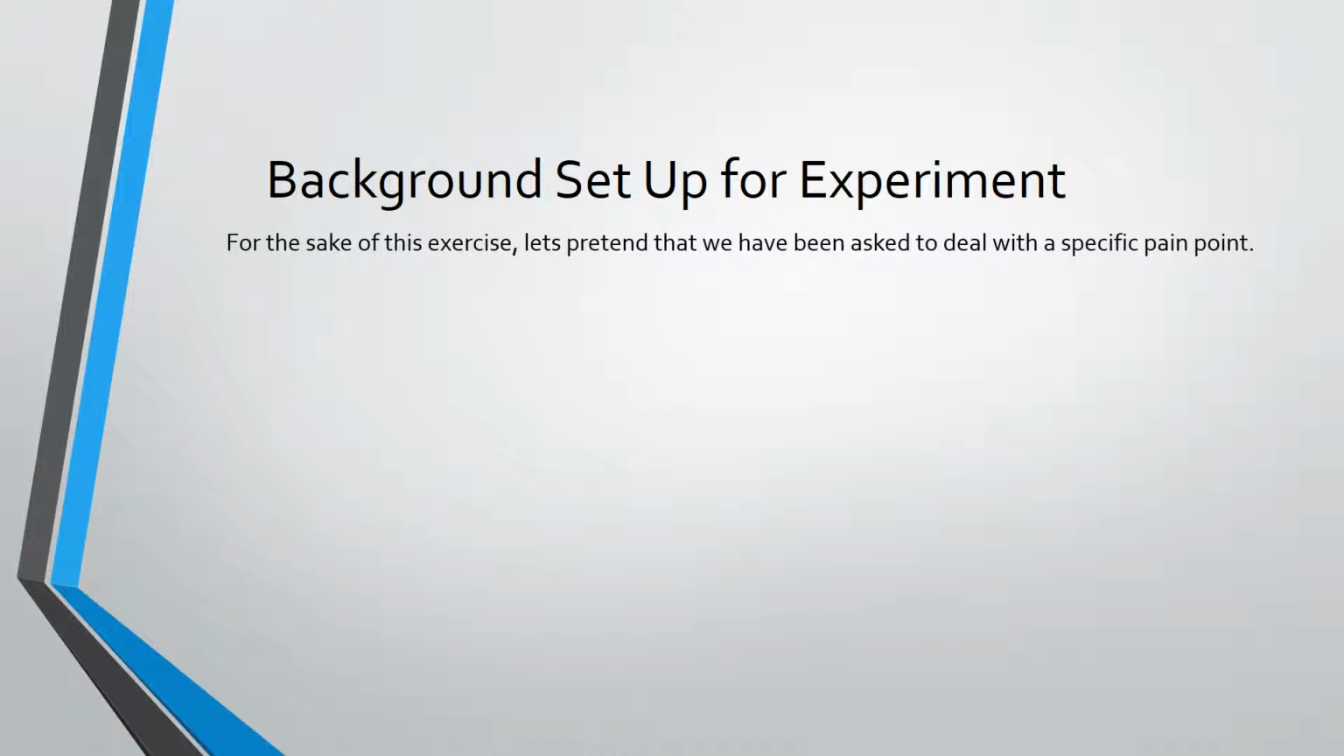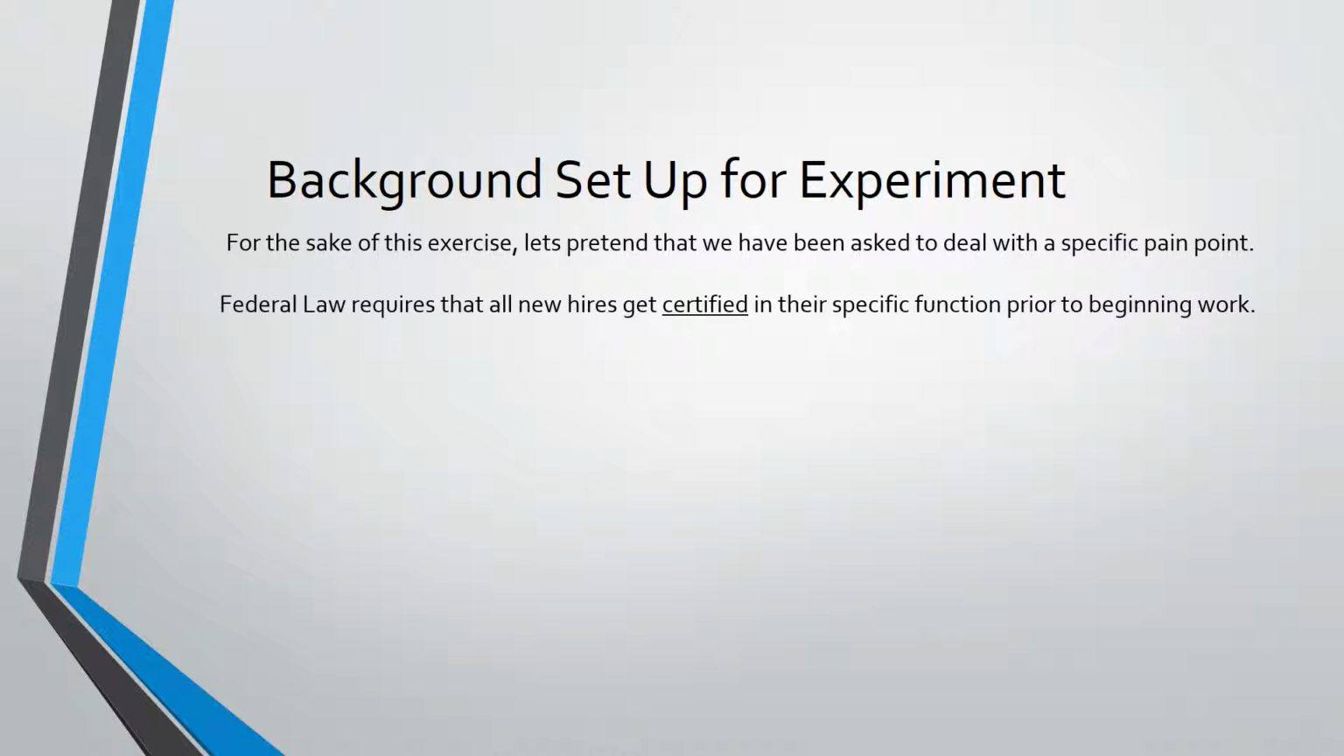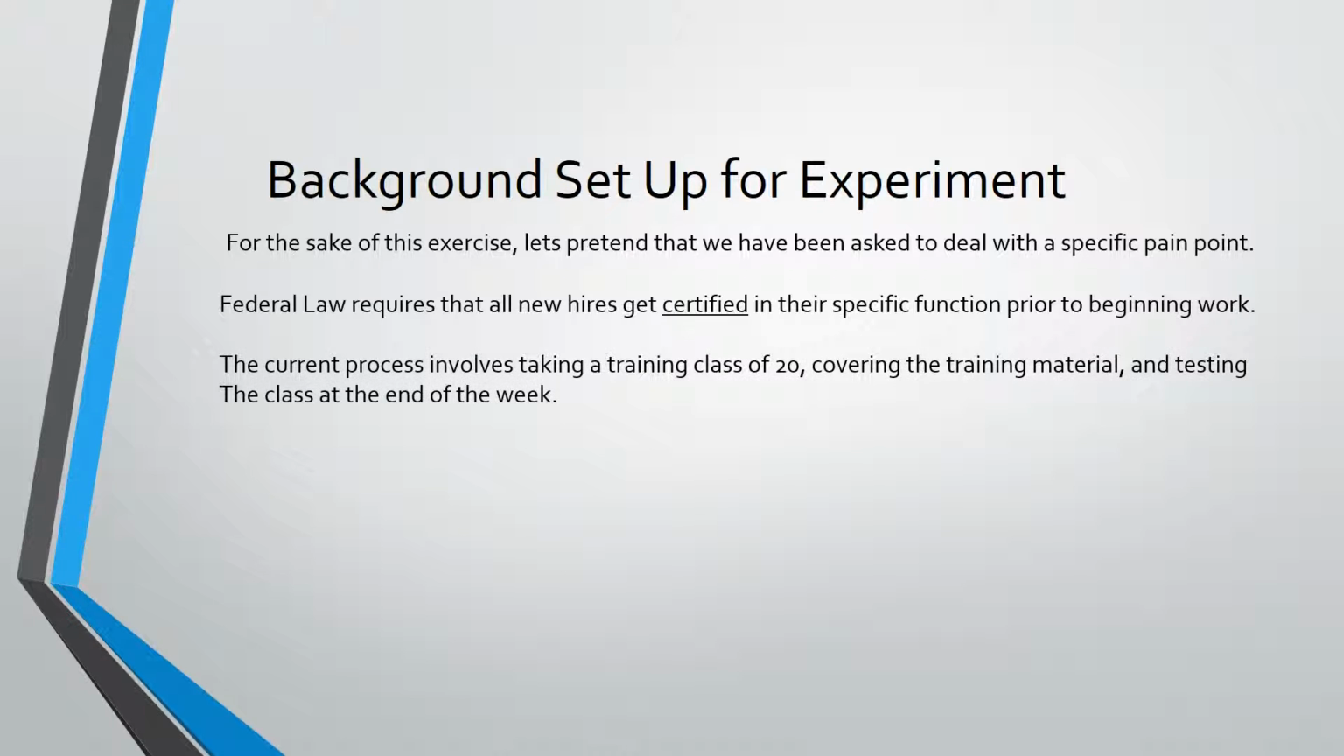Alright, so a little background on this exercise. For the sake of this experiment, we're going to say that we've been asked to deal with a very specific pain point. The federal law requires that all new hires get certified in their specific job function prior to beginning work. So the current process involves taking a training class of 20 new hires and covering very specific training material